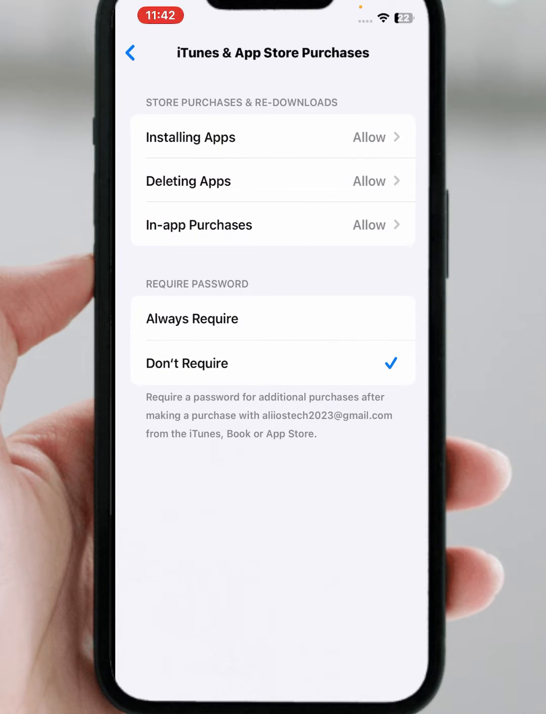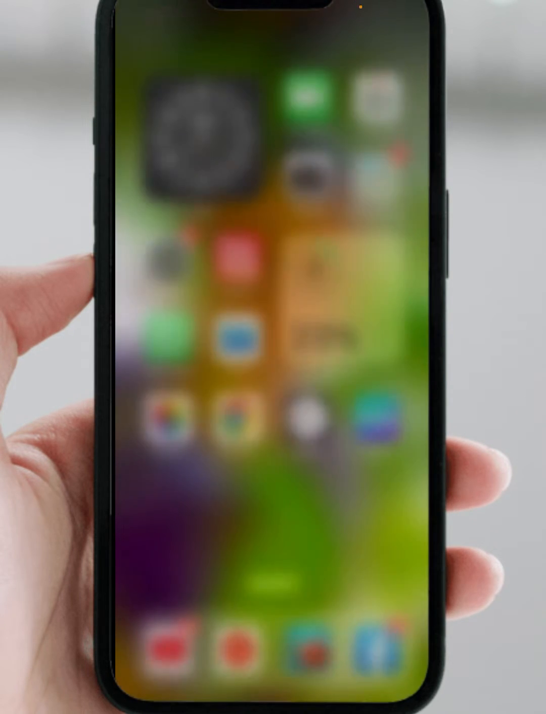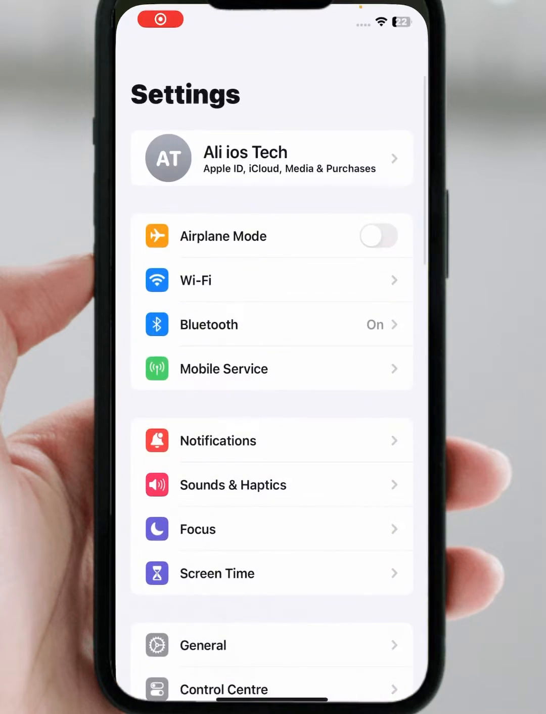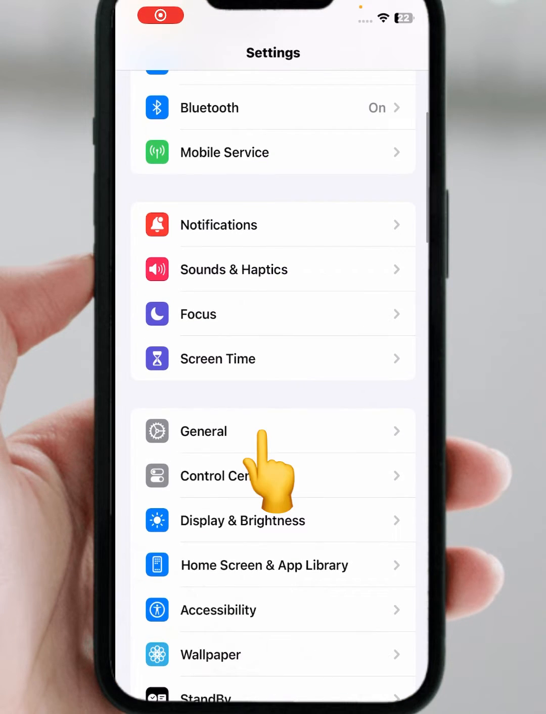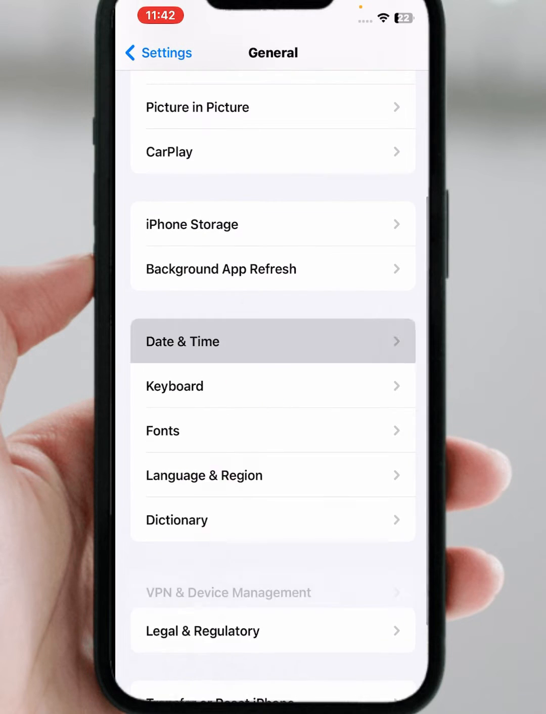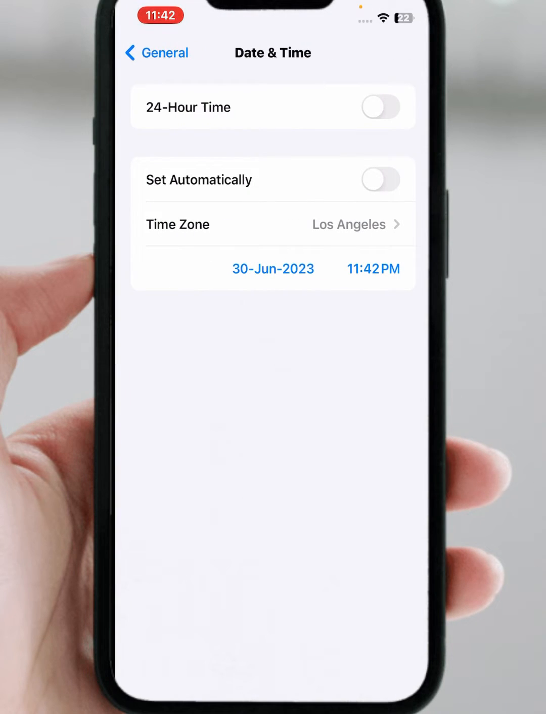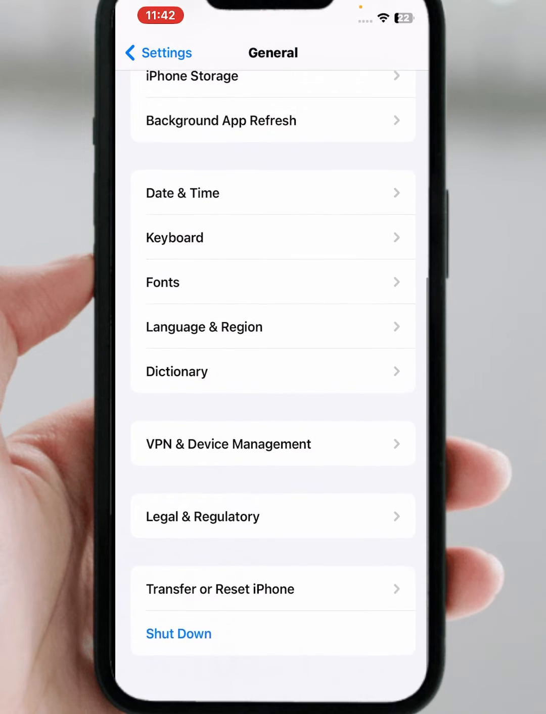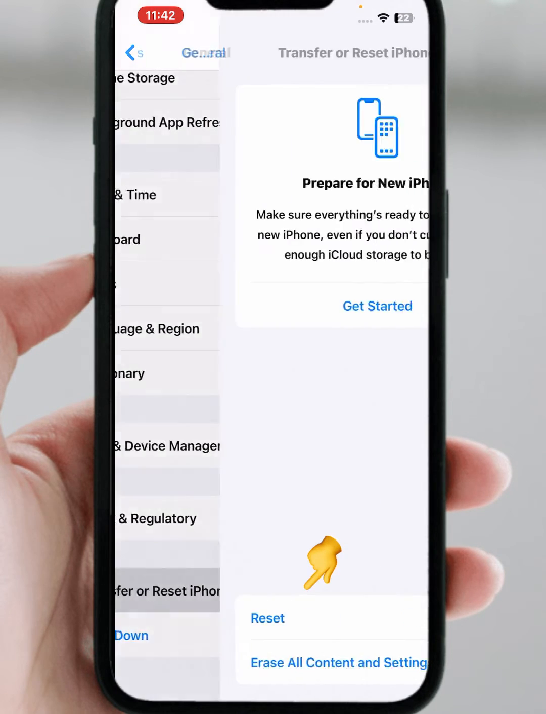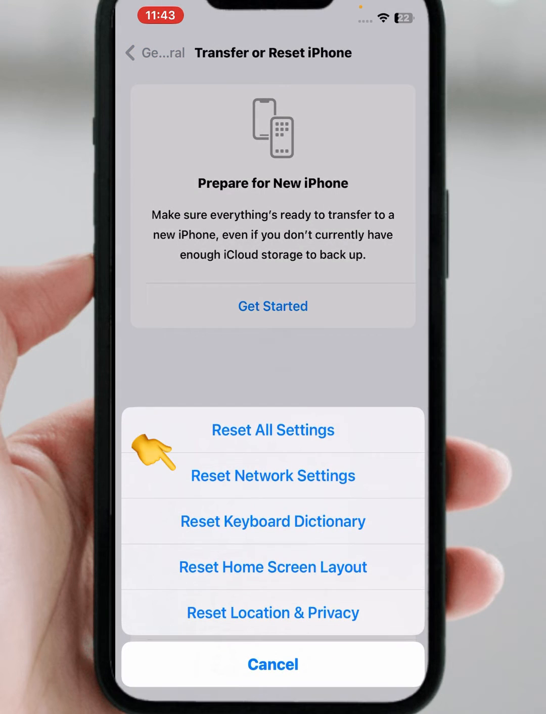If the problem is not fixed, then go for the second method. Tap on Settings, scroll down, then tap on General, then tap on Date and Time, and from here make sure that the toggle is turned on. If the toggle is turned off, what you need to do is turn on the toggle and set the correct date and time, and after that go back and tap on Transfer or Reset iPhone, then tap on Reset,